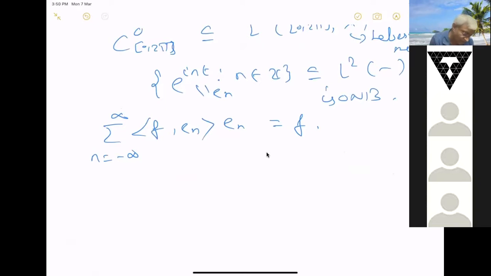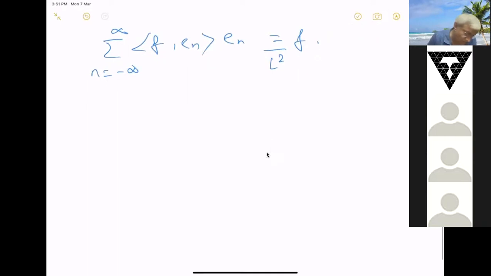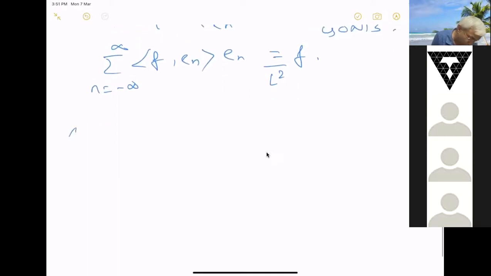But this convergence is not pointwise convergence. This is true in L2. As L2 functions, they are the same almost everywhere, and the convergence is in L2. If something converges in L2, there is a subsequence which converges, but we may not actually get pointwise convergence. So we have L2 convergence. The question is,